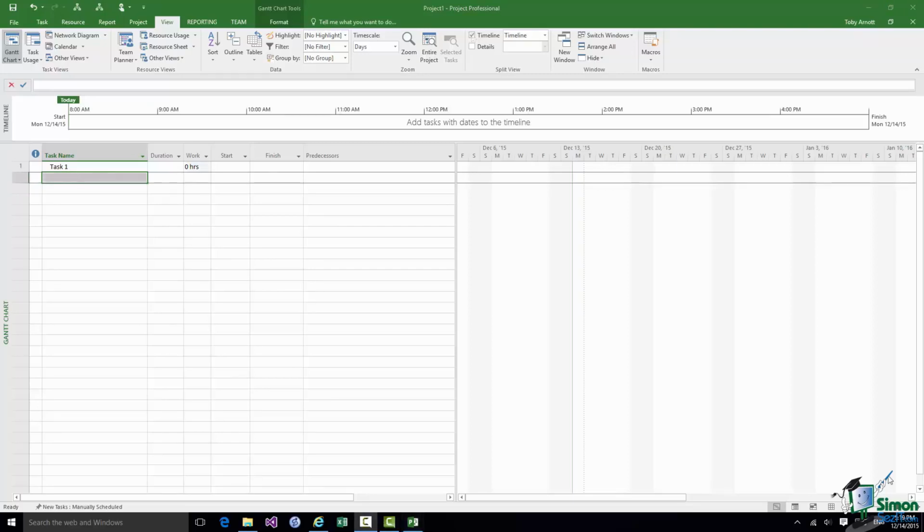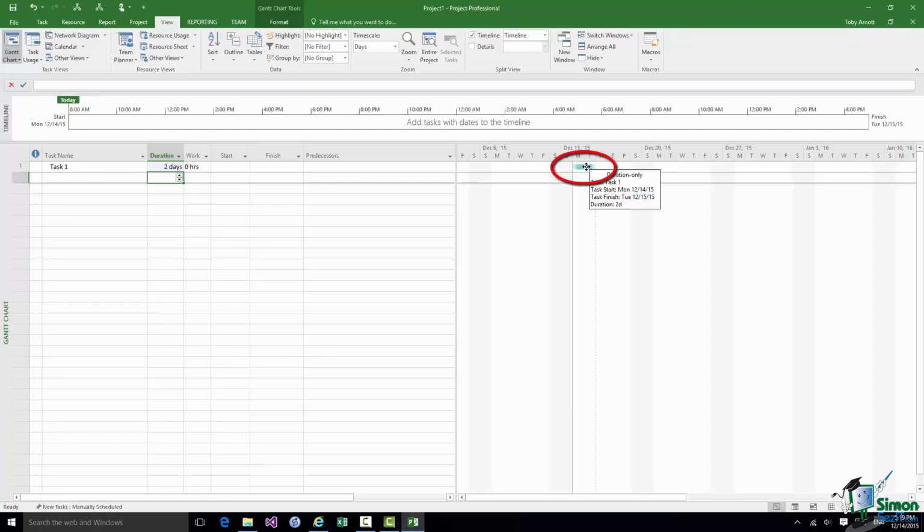Now just to give you a little bit more of an idea of how that's going to look, let's go back to that first task, task 1. I'm going to click in the duration column in line with task 1, and I'm going to say that this is a 2-day task. Click elsewhere, and there is my Gantt bar for a 2-day task.